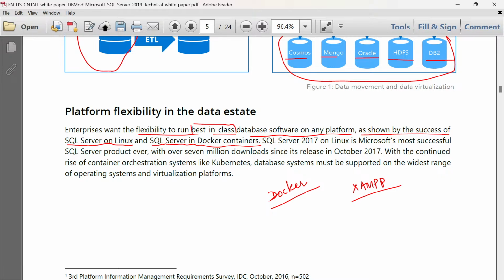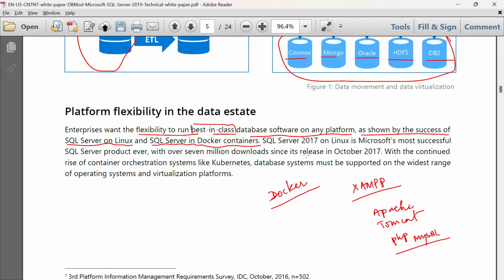Like if you consider this XAMPP, you will have integration of Apache, Tomcat, then the hosted services like PHP, MySQL. So we are not going across all these things. We are just citing an example where we have multiple services across a common, lightweight platform.